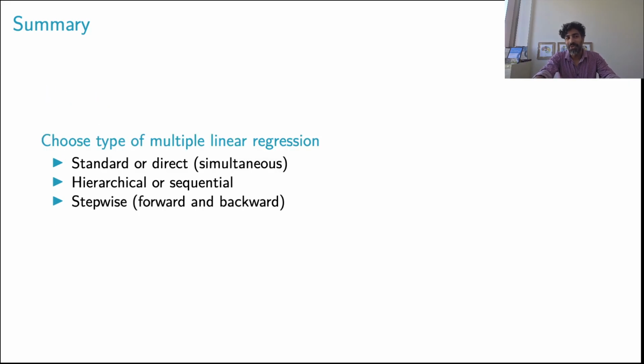And then we talked about choosing the type of multiple linear regression, including standard or direct, so it's simultaneous regression, hierarchical or sequential, and then stepwise, which is forward and backward, largely computer driven. So the standard one is what we're familiar with in terms of putting the variables into the model and seeing